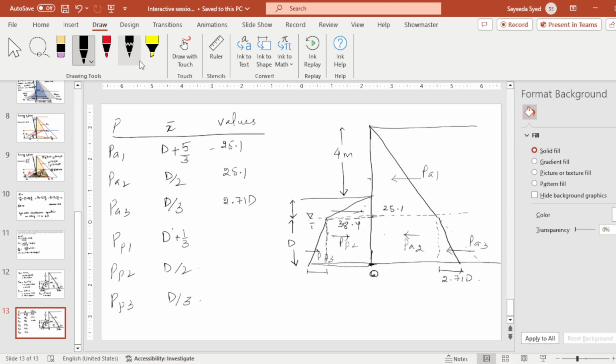We have to calculate the areas. PP1 is 38.4, PP2 is again 38.4, and PP3 is 20.8 D. So if I duplicate this and remove this part,